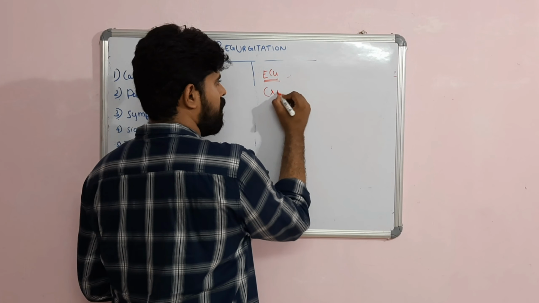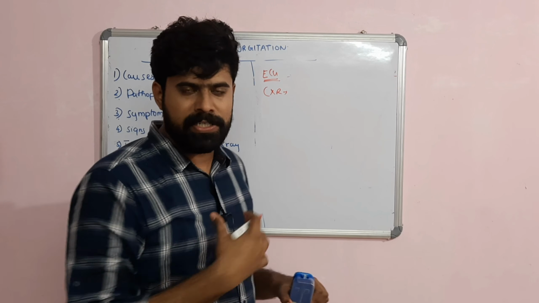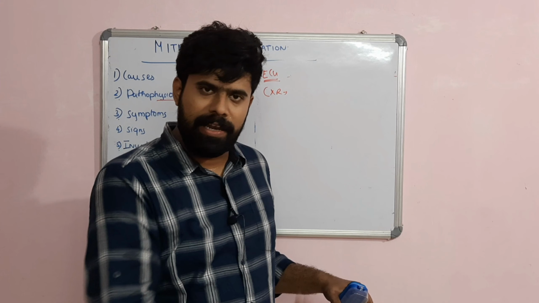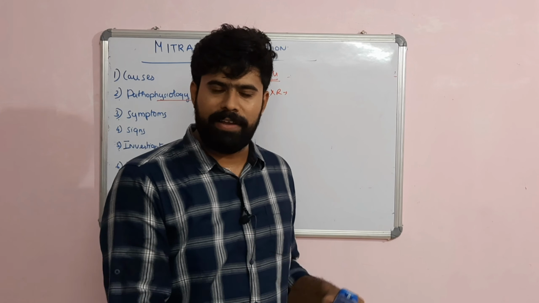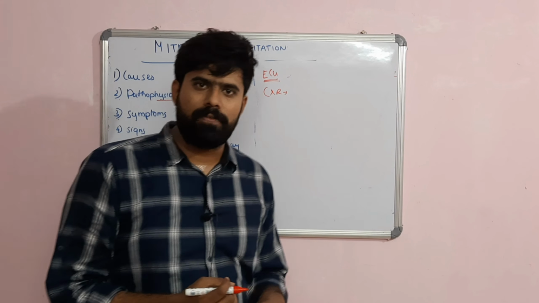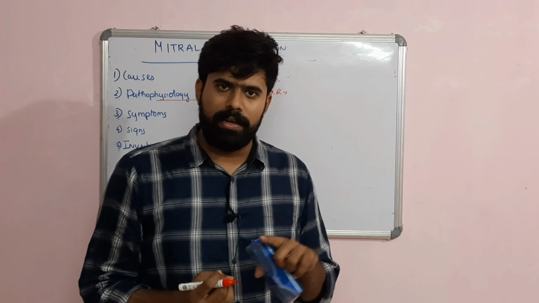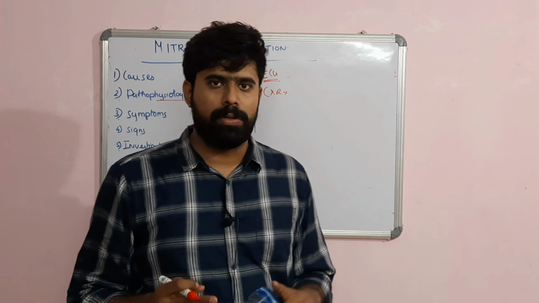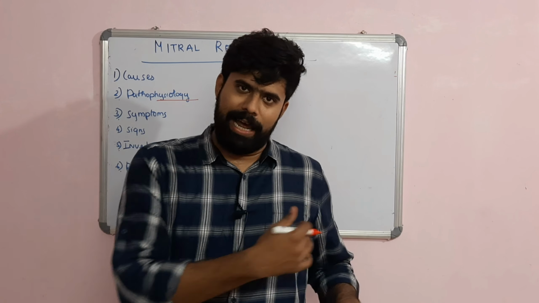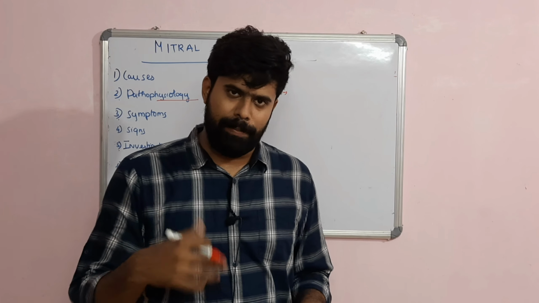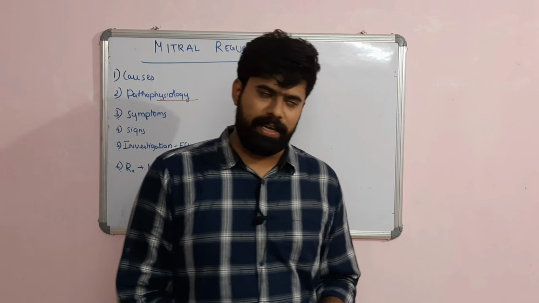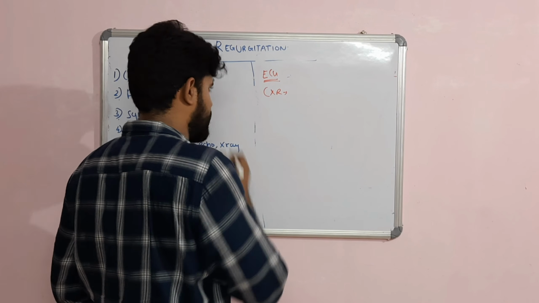Chest X-ray again shows the same changes. Dilated LA, dilated LV. The dilated LA can form the left border of the heart, and there can be LV dilatation. There can be findings of heart failure: interstitial edema, alveolar edema, and Kerley B lines will be prominent. Sometimes the lateral view can show calcification of the mitral annulus in cases of mitral annular calcification. So this is chest X-ray.